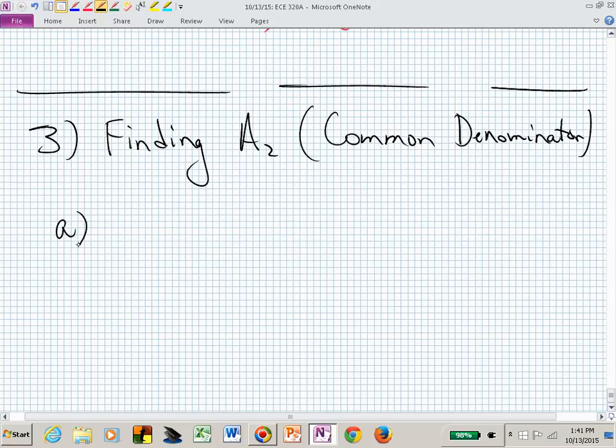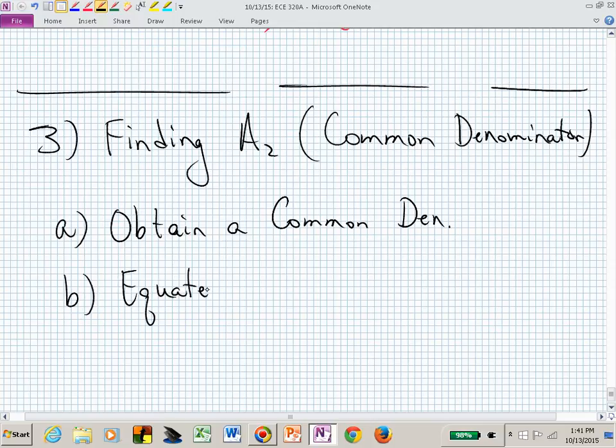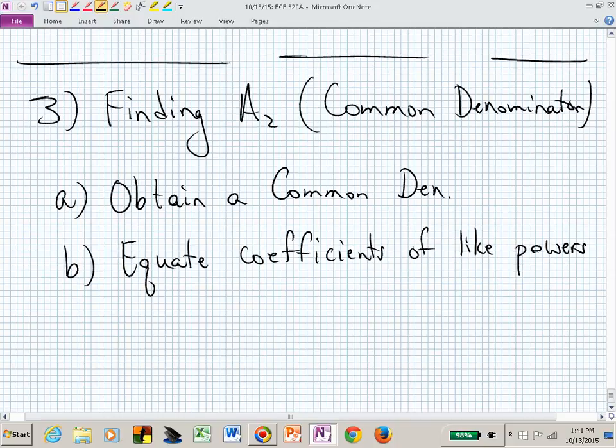What we want to do is obtain a common denominator. Then we simply compare coefficients of powers of s. Equate coefficients of like powers of s